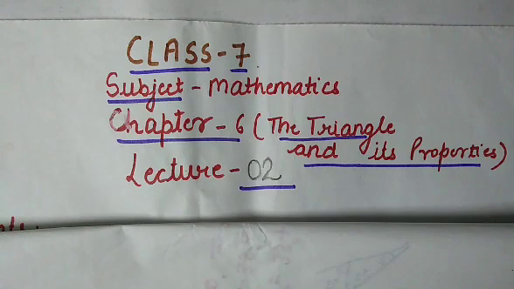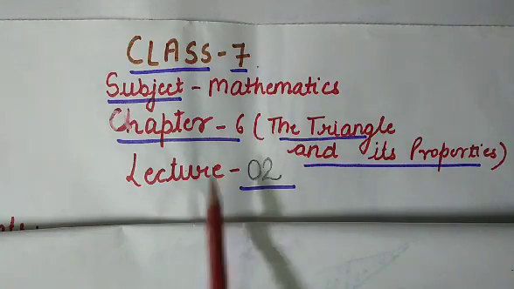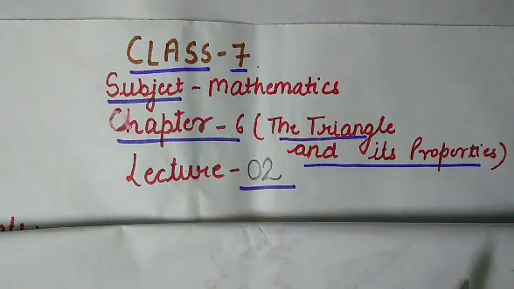This video is for the students of class 7, subject mathematics, and this is lecture number 2 of chapter number 6, the triangles and its properties. So, in the previous lecture, that is lecture number 1, we have started the chapter and we have learned about altitude and median. So, in this lecture, we continue with the properties and the very first property that we are going to learn about triangle is